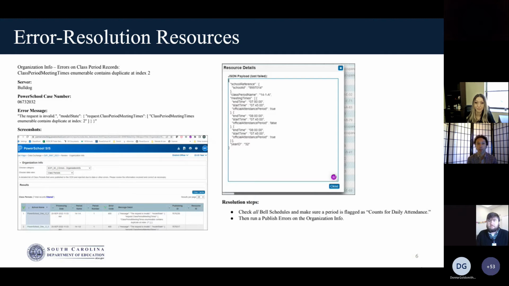And they say, oh, what are all these errors? They can search through a document, or whatever resource we as a state decide to create for support, and find answers without having to wait on Wyatt to return an email or PowerSchool to diagnose a ticket and provide a response.